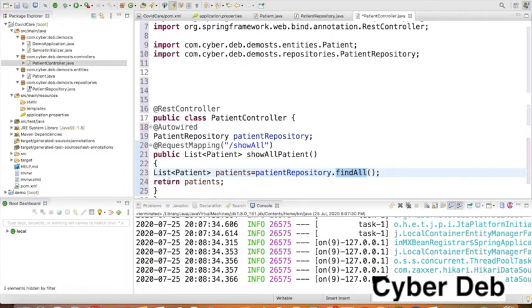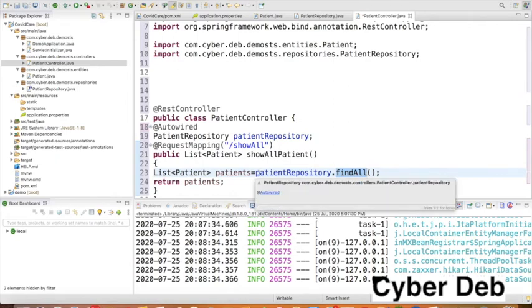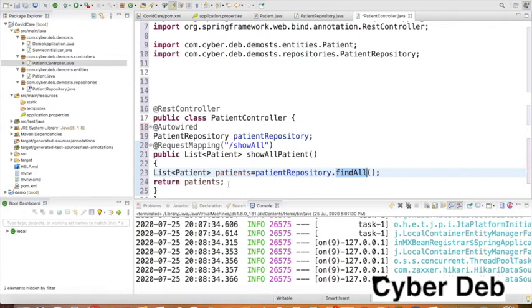So the list I have created is going to contain all rows present inside the table, and that list I have returned because the return type of showAllPatient is list. That's all. So all the code is ready.